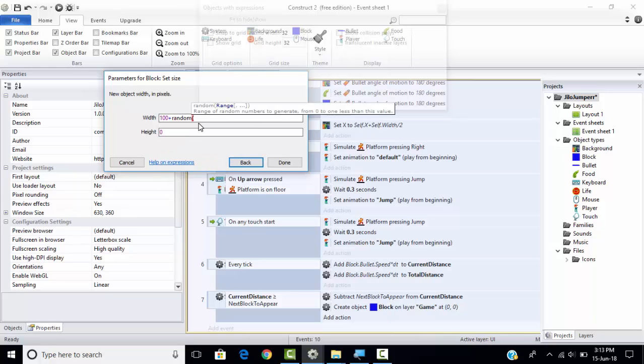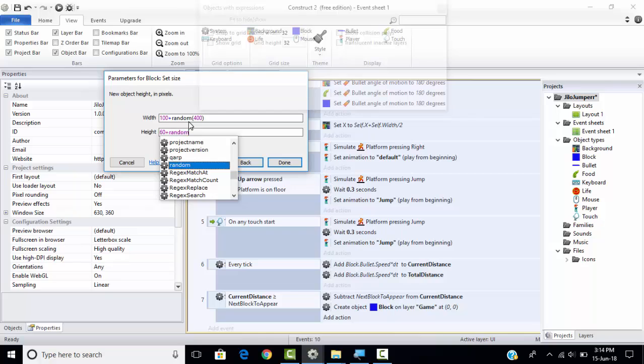I will tell you why we are doing this. Random 400, and we have used this as 100 plus random 400. What does it mean? The value inside the random function is between 0 to 400. So the size of the block is between 100 plus 0 to 400. We have set the width of the block. Now we are setting the height of the block, and this can be set by 60 plus random